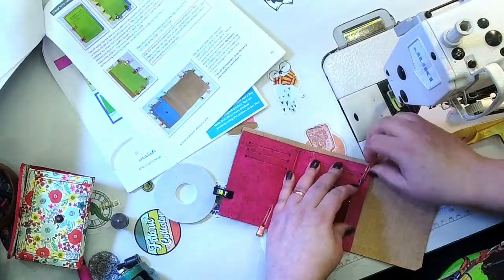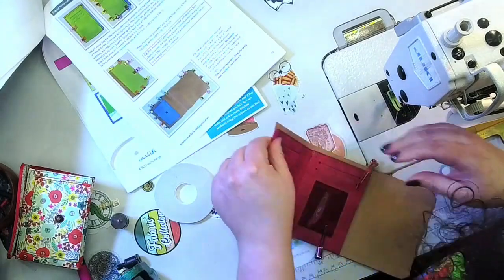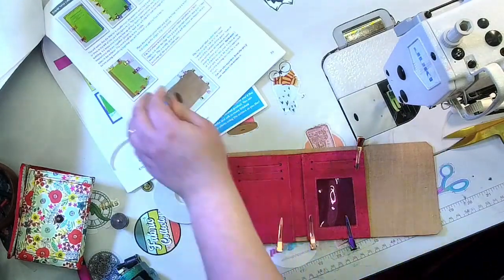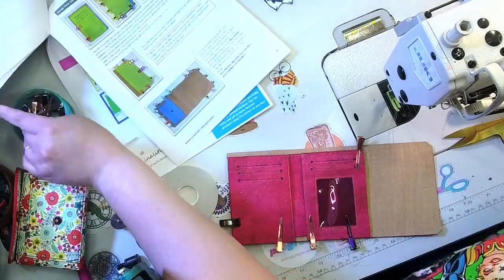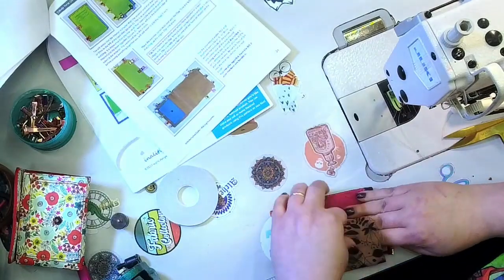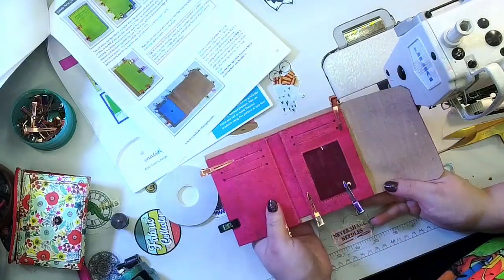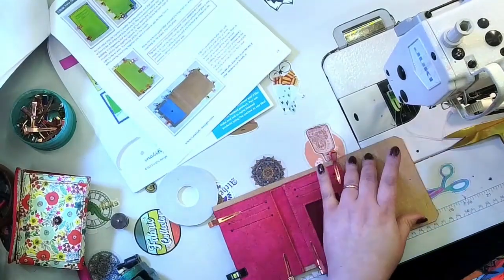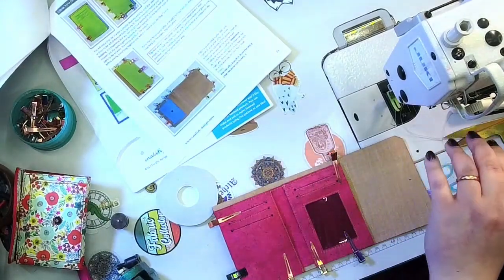I'm just going to put a clip up here too. I'm telling you, I had a bazillion clips around. See, because when this folds up, it's going to fold in on itself like this. So what we're going to do now is grab our pattern piece